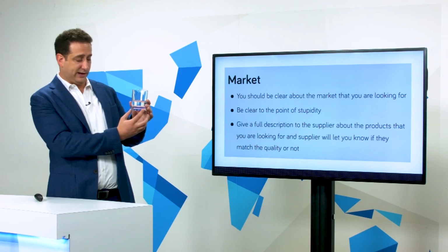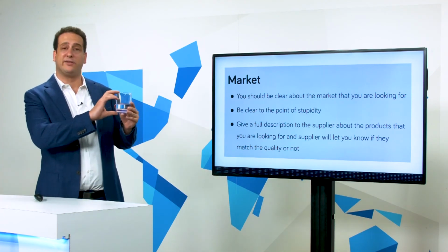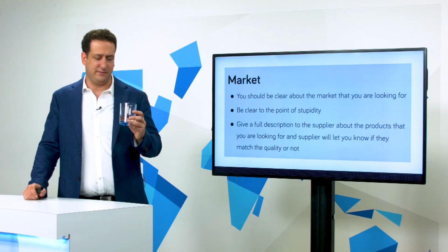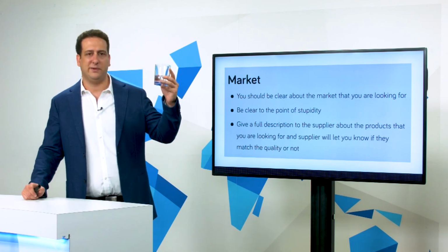What is the width of the base? What is the circumference? What is the diameter of the base? And what is the height? So the dimensions of the glass would be one specification which would be very, very important. The other thing would be the capacity. Is this 250 mils? Is it 3